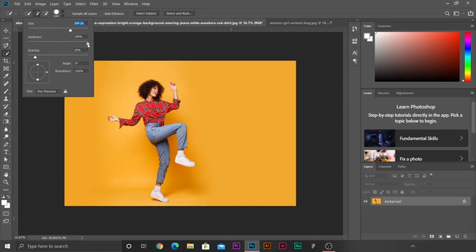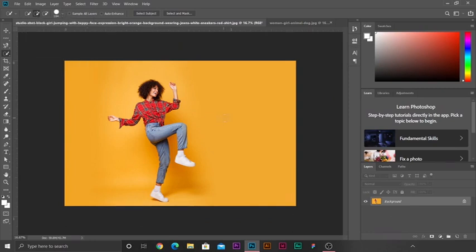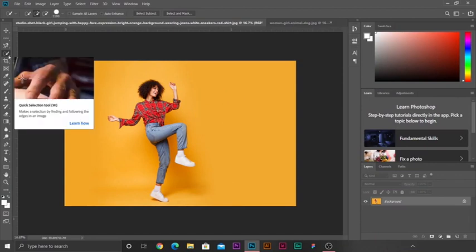It also has the settings that come with the brush tool. You can see the hardness here, spacing, and even the angle. All right, so I can come here and use the rectangular bracket on my keyboard to increase the size of this tool. So what this tool does is we use it to quickly select, just the same way the magnetic lasso